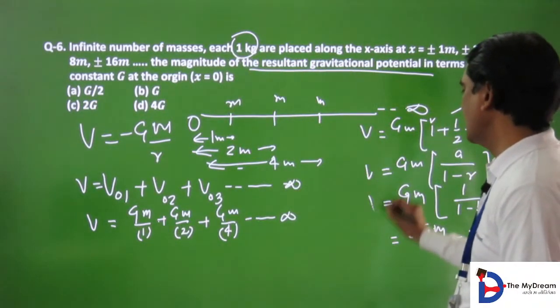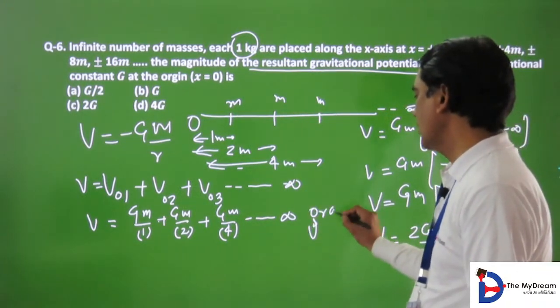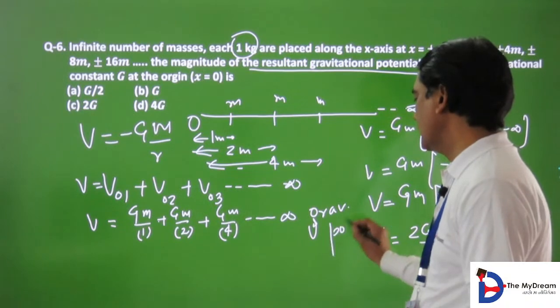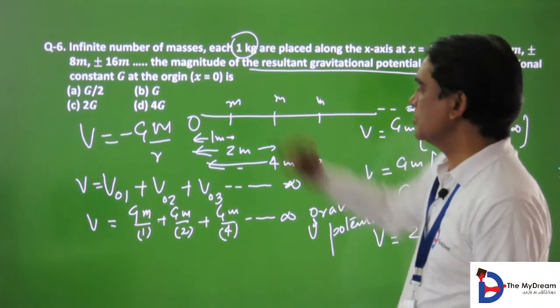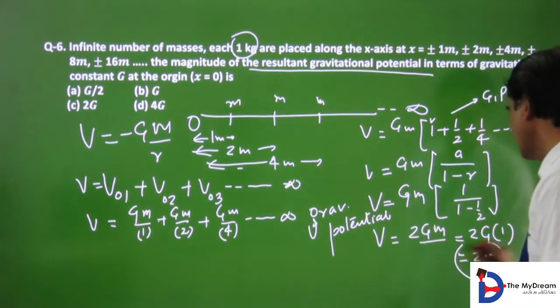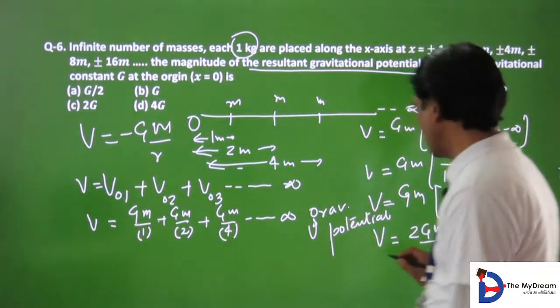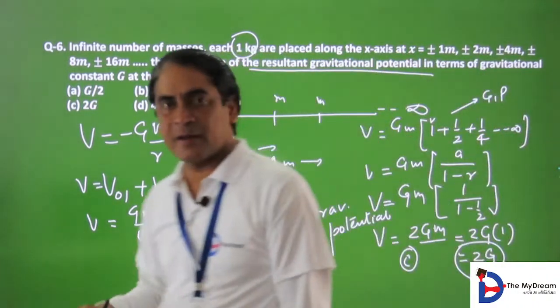Option C is correct. Gravitational potential at x equals 0. Now, the option C is correct. The next question is,